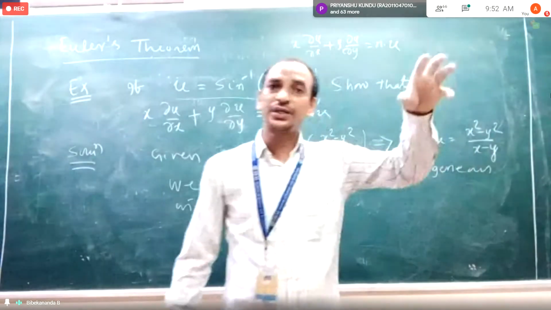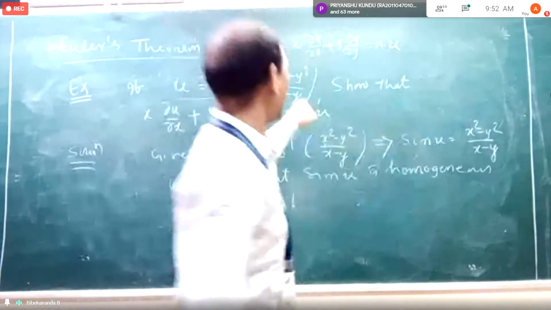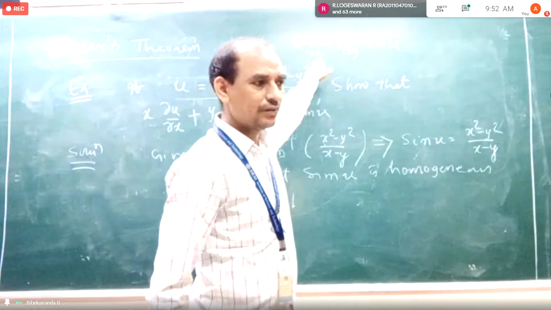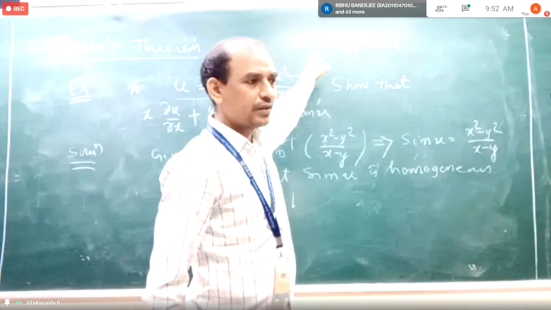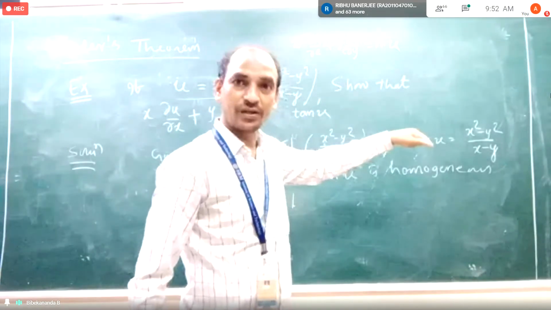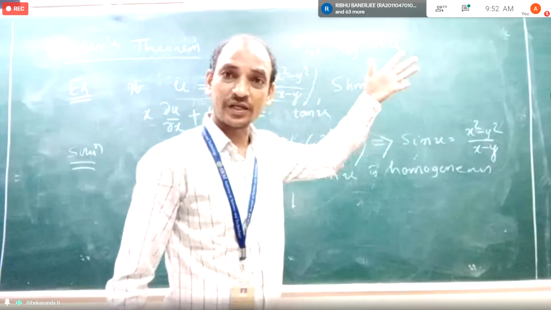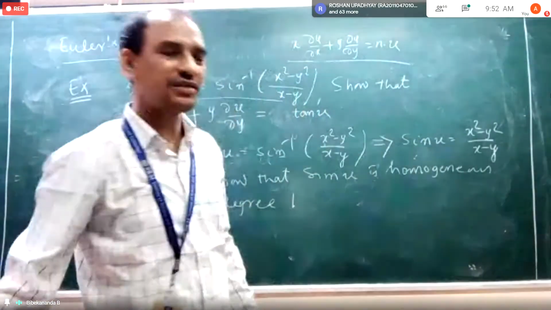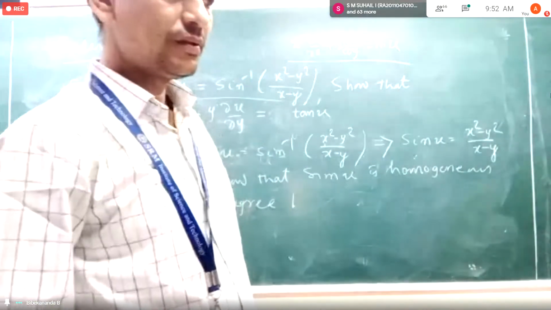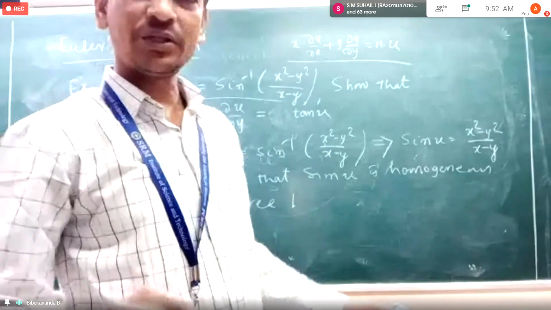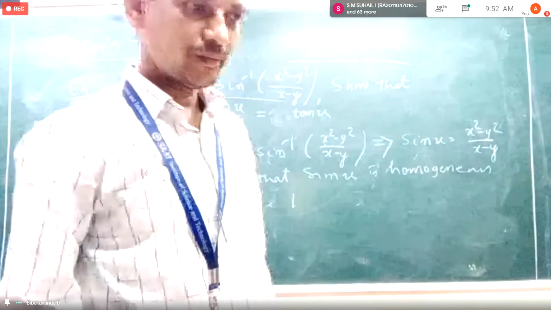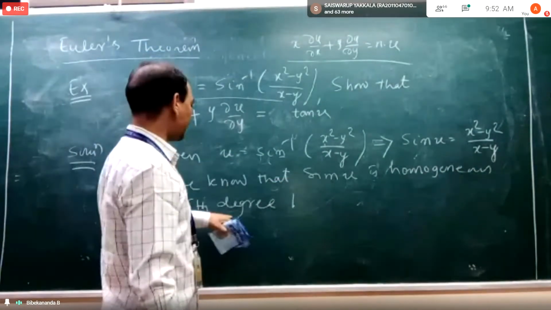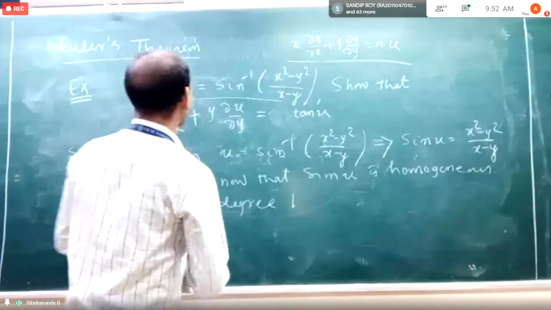So sin u is homogeneous. Then definitely sin u will satisfy this. Yes or no? Yes, sir. Since sin u is homogeneous, whatever homogeneous function it may be, if I put that in place of u, it should satisfy this. Do you agree with me or not? Yes, sir. So sin u is homogeneous with degree 1. Therefore,